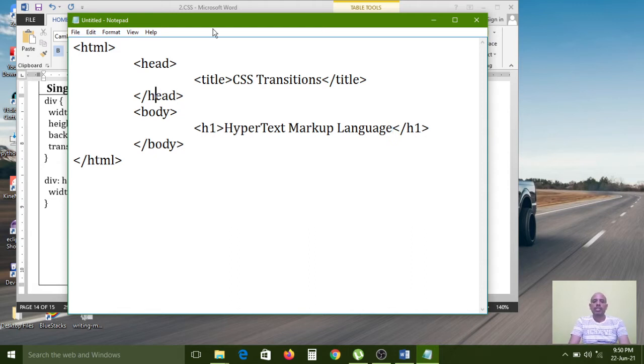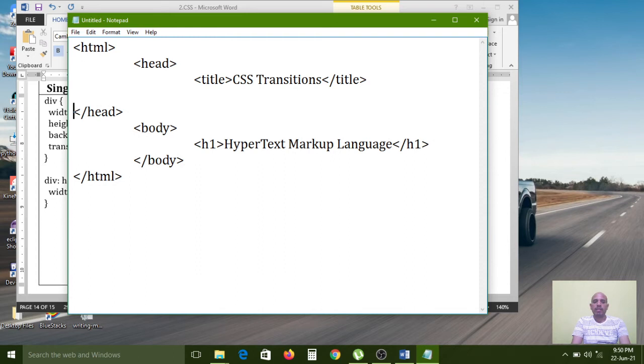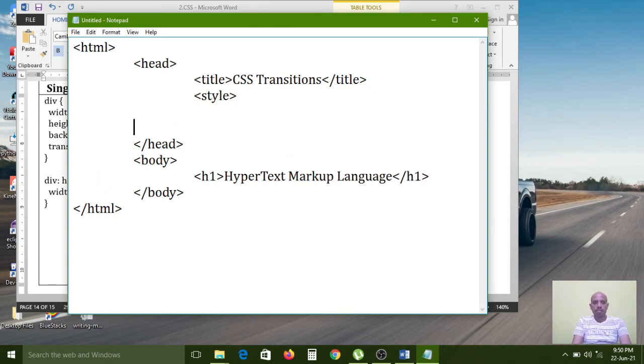So here in the head section I am defining styles for the H1 element. For that, I am using the style tag. In between the opening and closing style tag, now I am writing the rule for the H1 element.